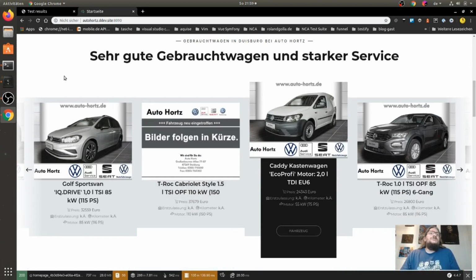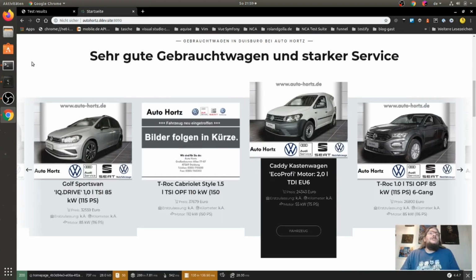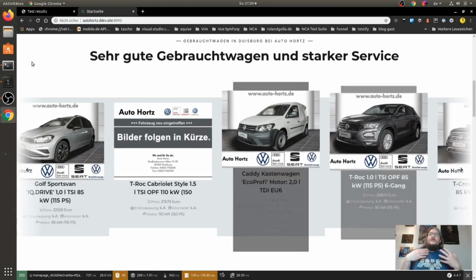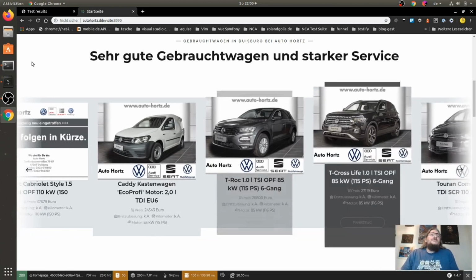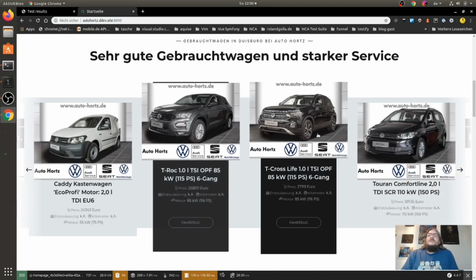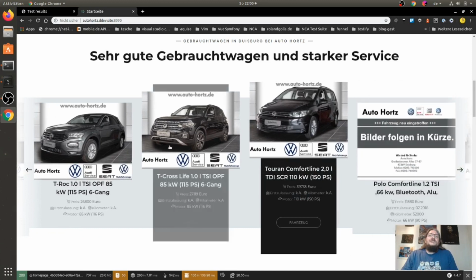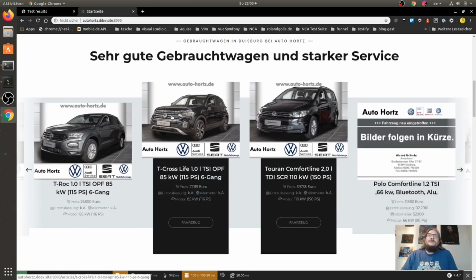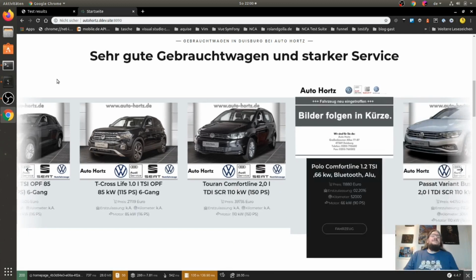These are the used cars, and we have 3 features on the page that we want to test today. The first is an article slider. This is on the start page, and this article slider has some features on it. We will see this later in detail.